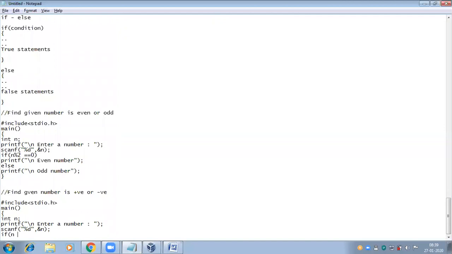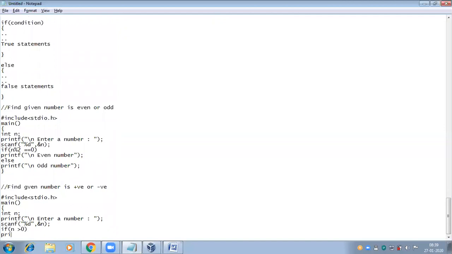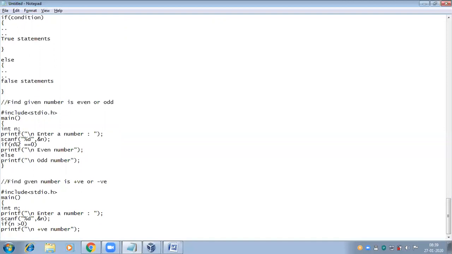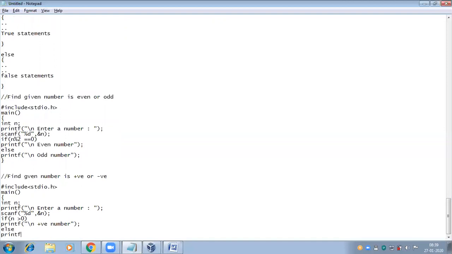If n is greater than 0, then the given number is positive number. Else, the given number is negative number.